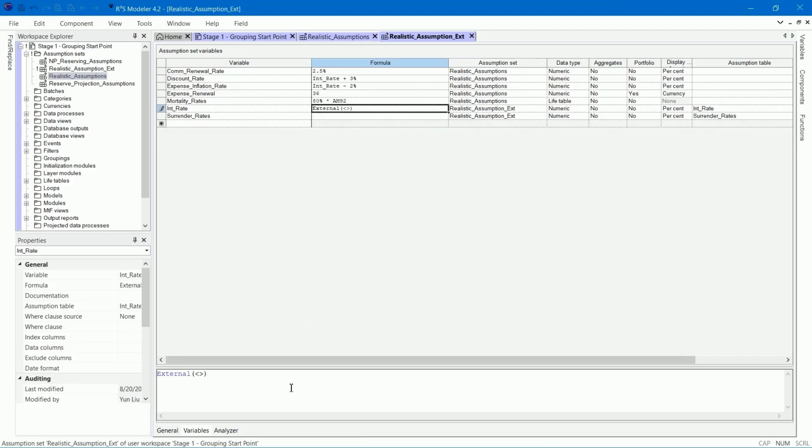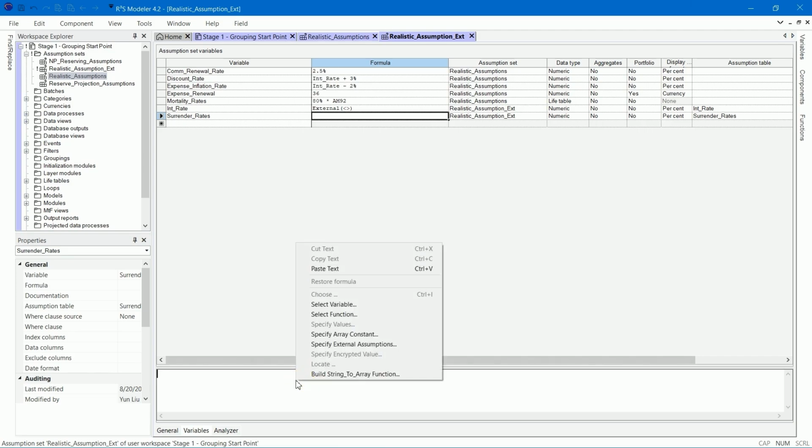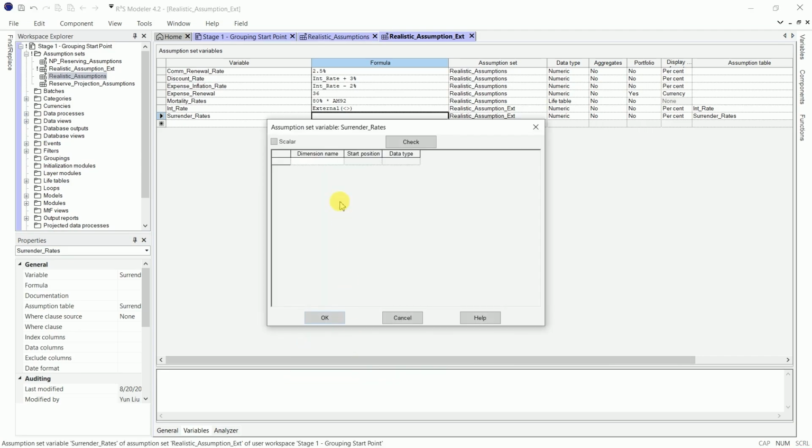For the assumption set variable surrender rates, go to the formula property and right-click in the formula pane. Select Specify External Assumptions. In this case, it's a two-dimensional table. The first dimension name is product.